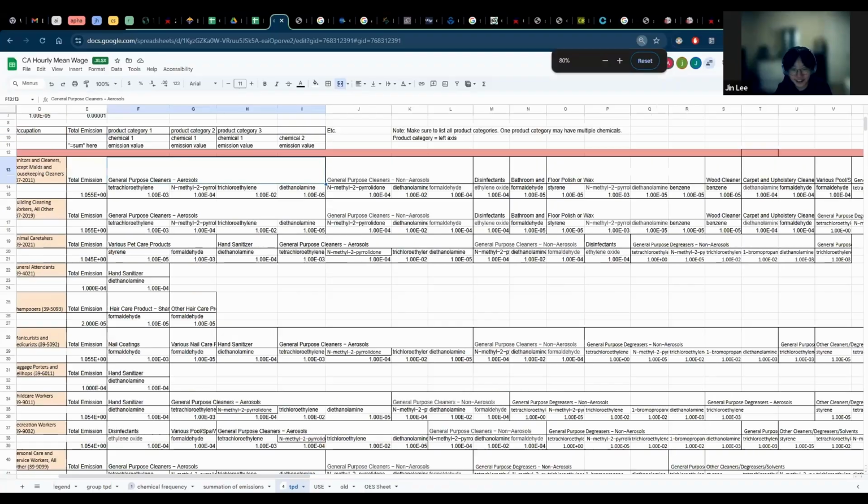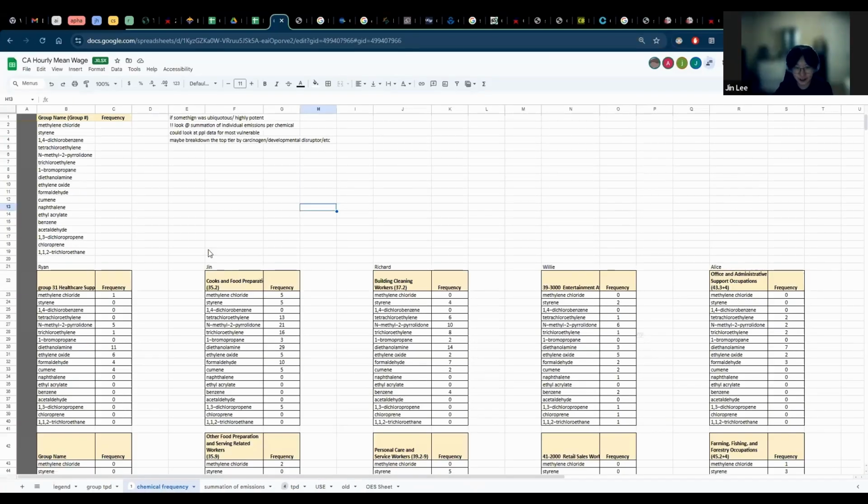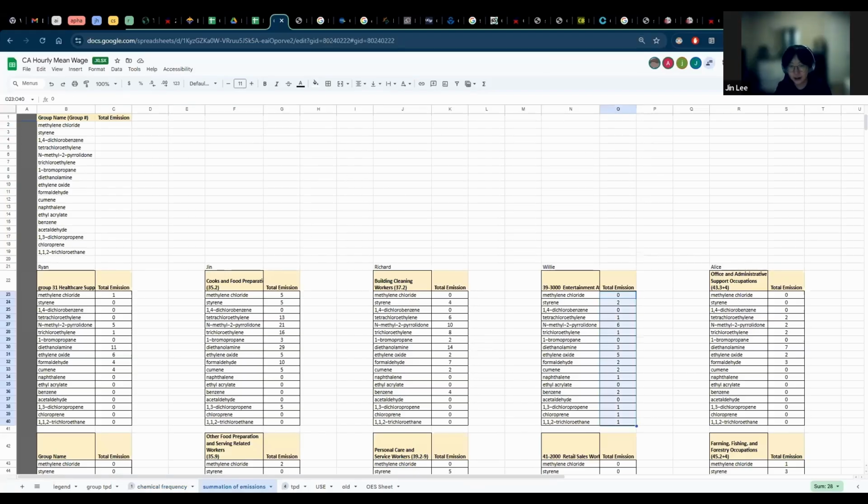What we're doing is we talked about how frequency wasn't enough, right? And we want to look at the summation of individual emissions for each chemical. So we're going to be putting that data in here. And I just duplicated the chemical frequency data so that we can double check that we did indeed only add up all 11, say